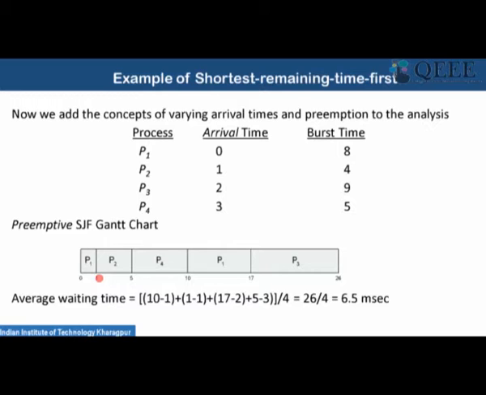So we execute it, say at 2 seconds P3 comes, it has a higher burst time than P2. At 3 seconds P4 comes, it again has a higher burst time than P2. So we continue the execution of P2 and P2 completes, P2 has a burst duration of 4 seconds. So P2 completes its execution at the 5th second. Then we take the minimum one. Now P2 is completed. Out of the remaining 3, P1, P3 and P4, P4 is the minimum. So we take P4. Once P4 gets completed, we again see that between P3 and P1, P1 has the minimum. So we take P1 here.